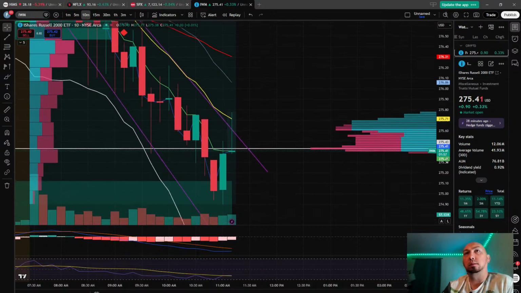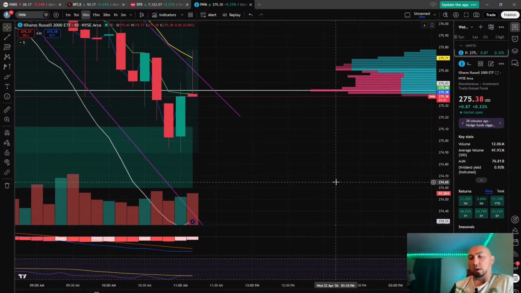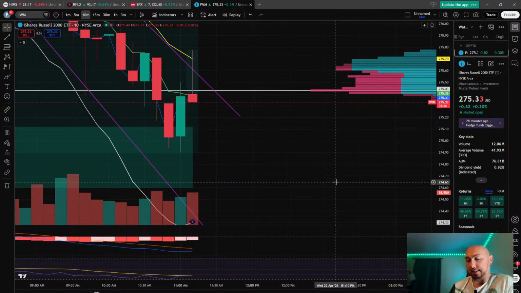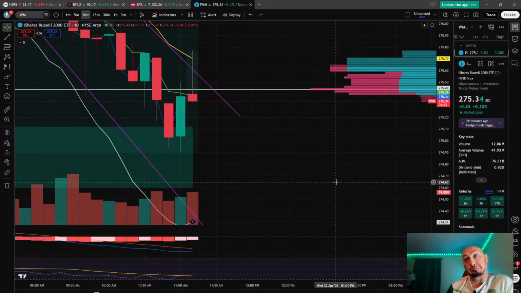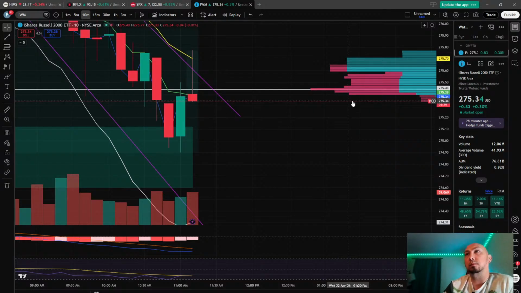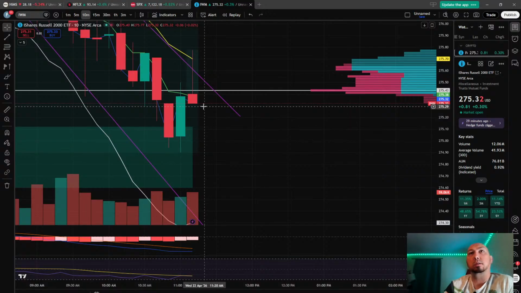I kind of want to put some puts on this one. Let's see, what's the premium cost? 40. Like I said, IWM has some pretty cheap premiums. Granted, you don't get tons of huge moves, but they're not bad. For a 275 put, it's 40. The strike would be right here at the bottom of these candles.